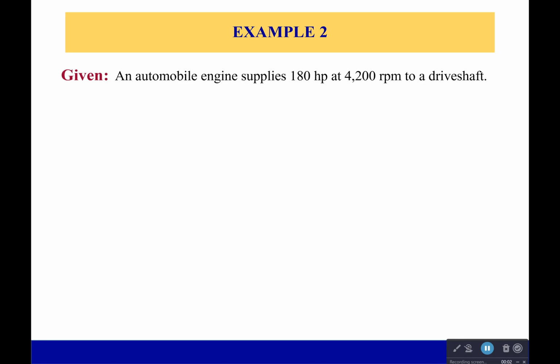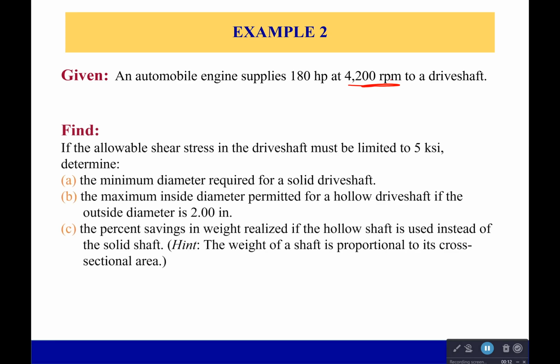Okay, let's try the problem with power transmission. So we have an automobile engine and it supplies 180 horsepower at 4,200 RPM. And what you want to find is the allowable shear stress in the drive shaft. If the allowable shear stress in the drive shaft has to be limited to 5 ksi, you got to find